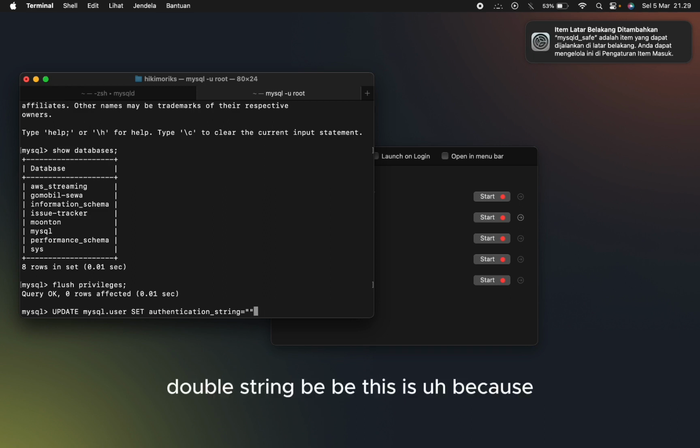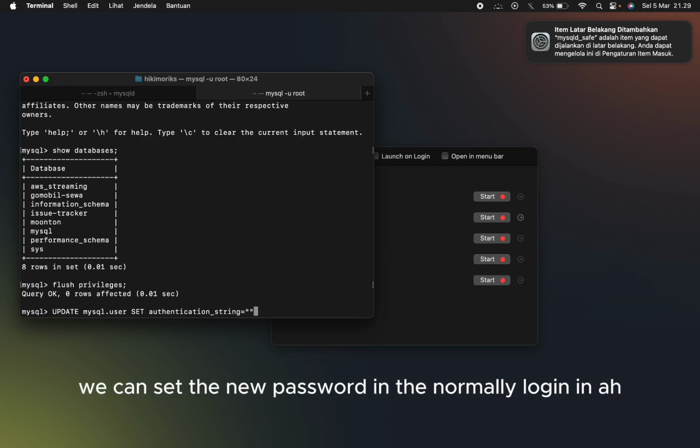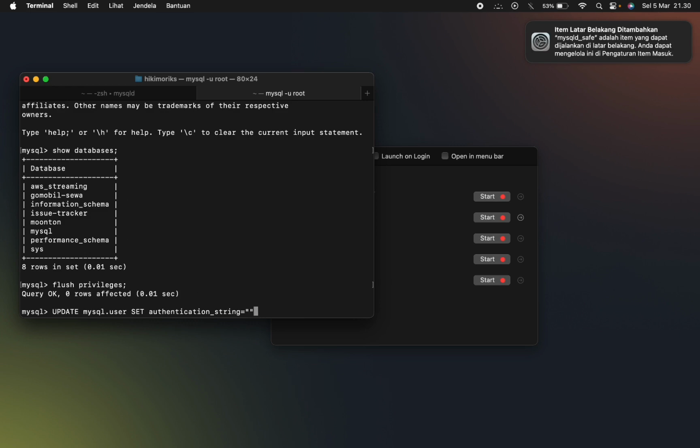This is because we set the new password for the normal login, actually in mysql_secure_installation at first. So we can continue our query.